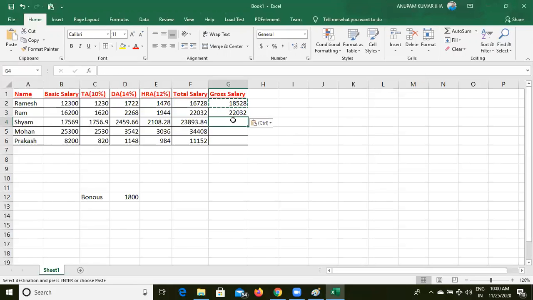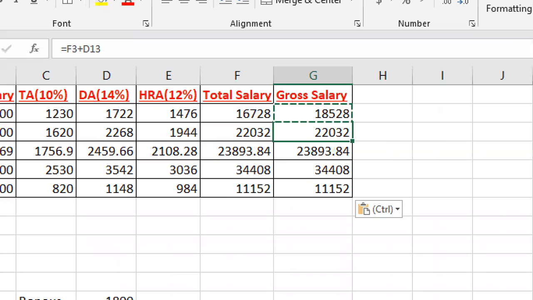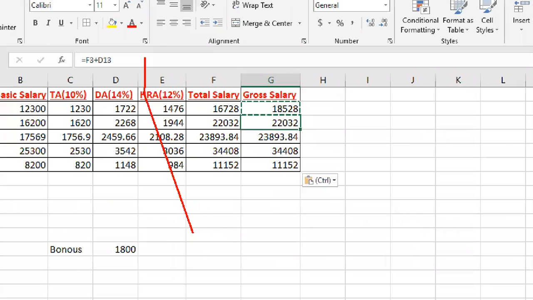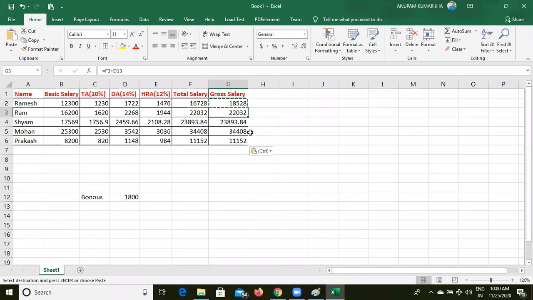See what happened. Same value is given, which means this is not adding. So see what the formula is here. The formula is okay, I have written it, then copied and pasted. See, D13 is taken here, where D12 has 1800. I am zooming in. D13 means this cell address is D13, so automatically the formula is going to update. See here, D14, D15, D16.